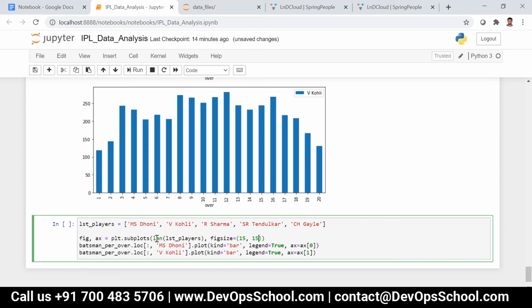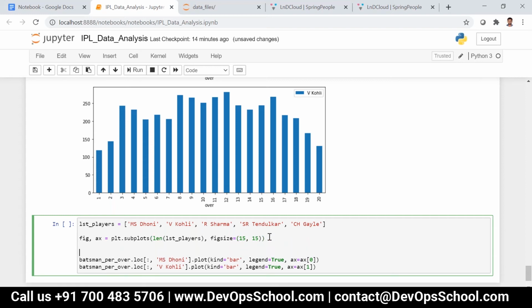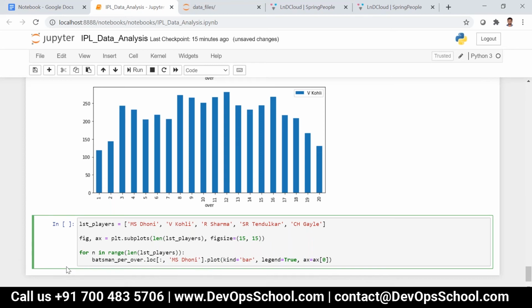Now what we can do is I can say for n in range of len of lst_players. It is not required to give anything over here. Instead of this, I can just give lst_players of n,